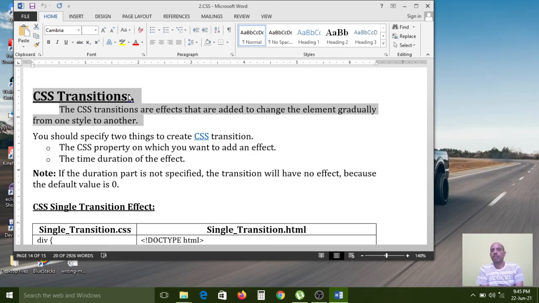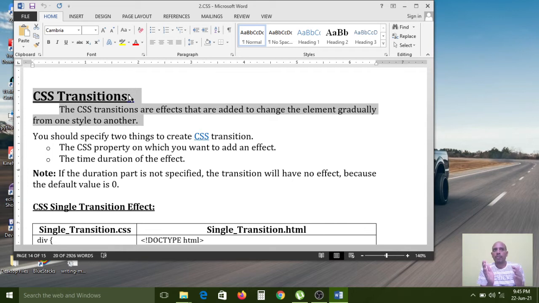When you take your mouse back, the heading will display with the normal red color. Only when your mouse is pointing on the heading text will the color change. For that we have to use CSS transitions.